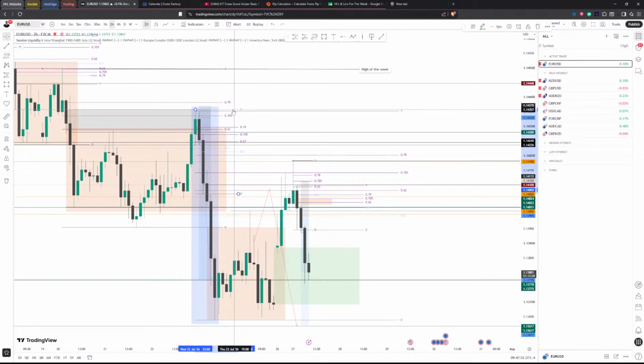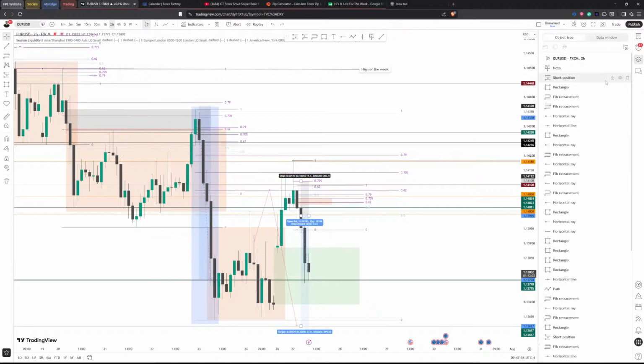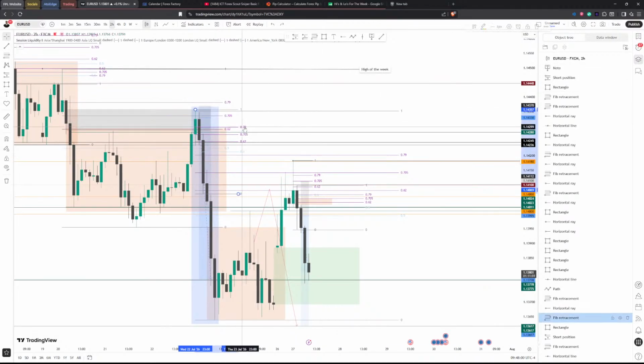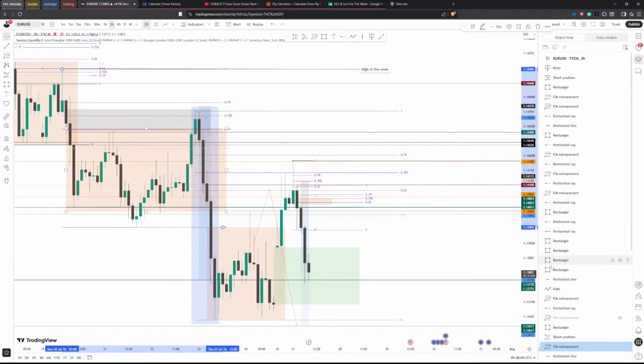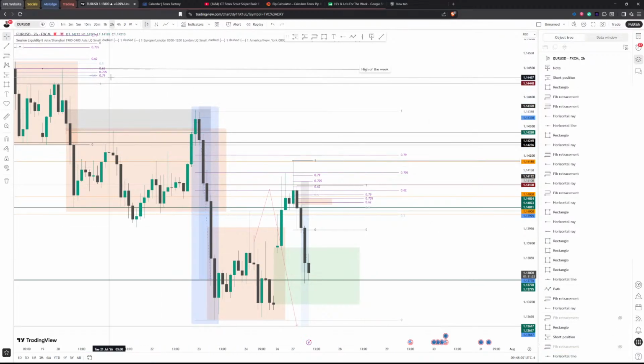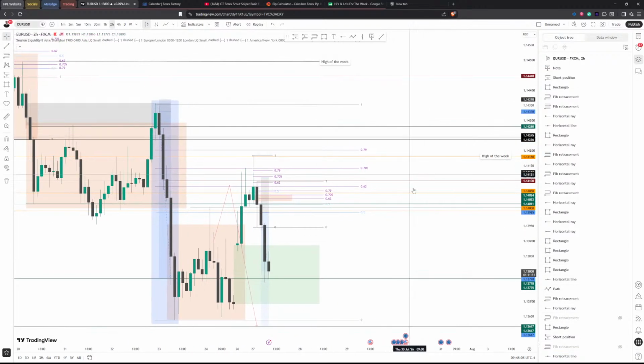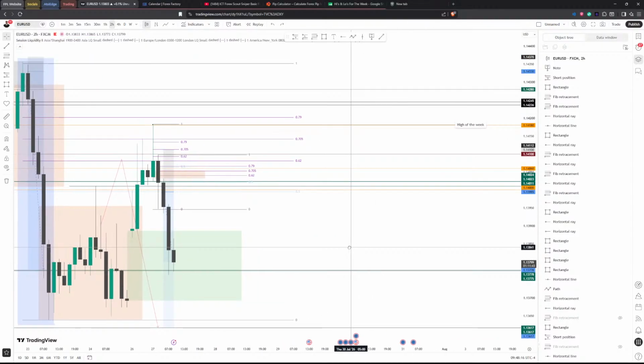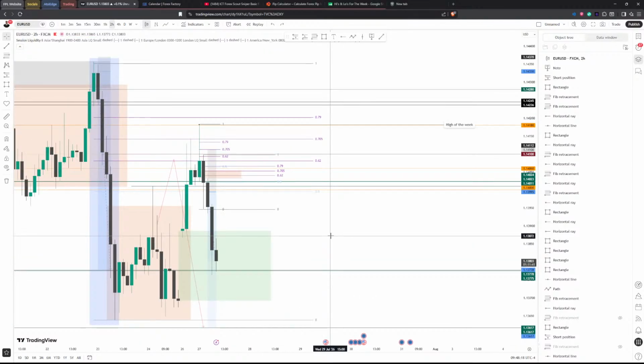So we do have a fib from this high. I kind of want to get rid of this, but I kind of need it. Perfect. I'm going to hide some of the past things that overlap too much. Okay, we'll keep it out. Once I explain it, I'll delete it. Okay.